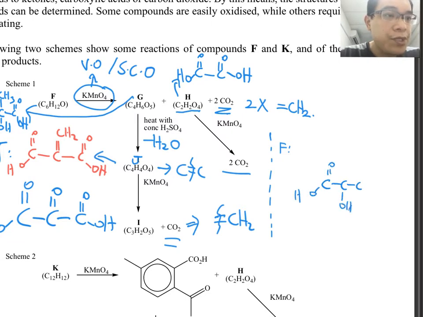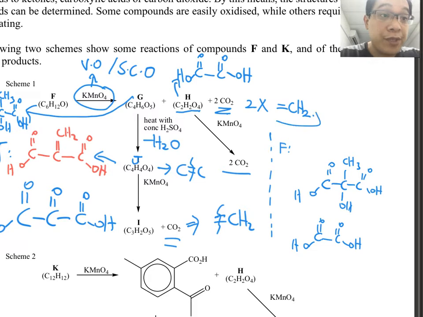So this is OH, tertiary. Then followed by, you have your oxalic acid. Then you have 2 CO2. Remember, 2 CO2 is what? Terminal alkene. Okay, terminal alkene. So you have 2 times CH2, and I'm going to draw 2 times of it. So now we're going to assemble the molecule. But how do we assemble it?